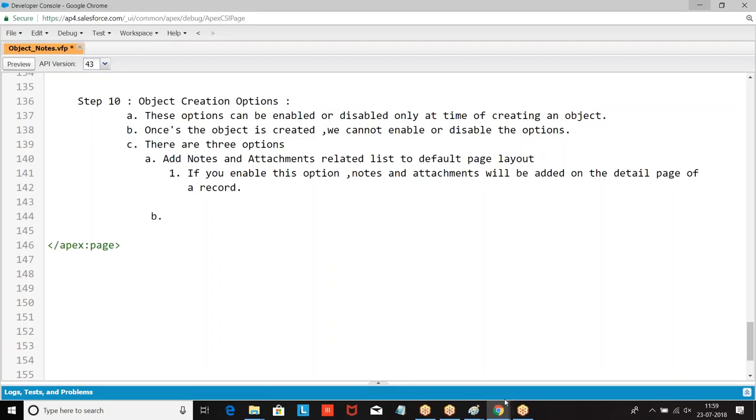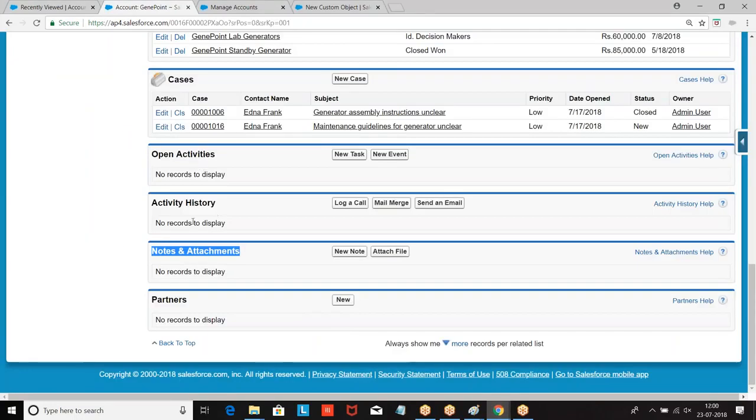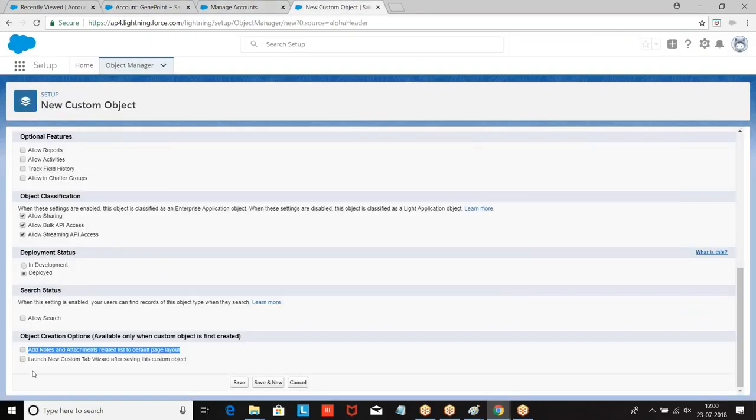Then we had the next one. What is the second option we had? Launch new custom tab wizard.